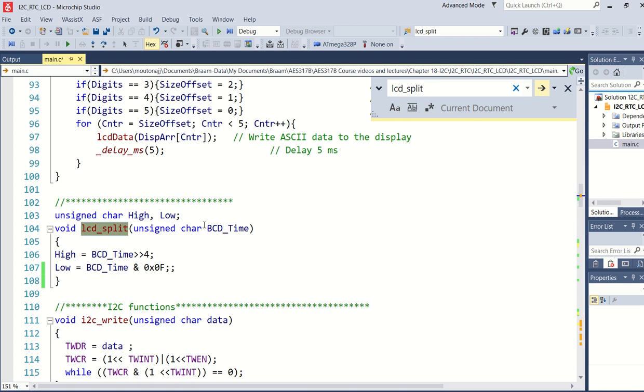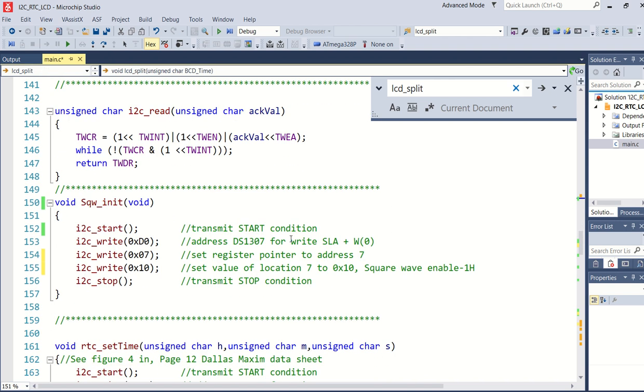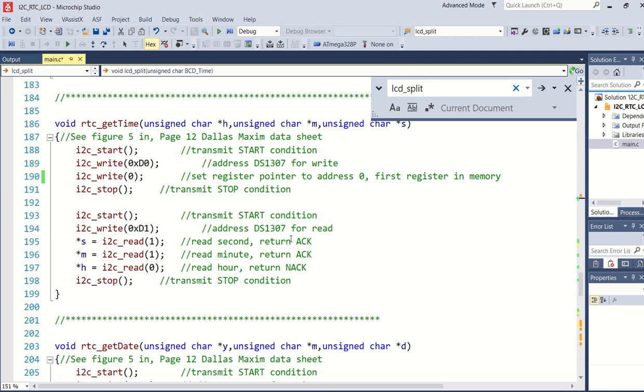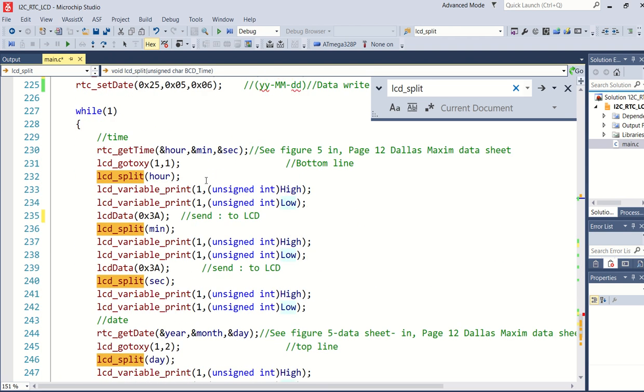So basically, because I've given hour as an argument, because it's BCD time, it's actually hour from the original main program, it will move the nibble to the lower position. So high will actually contain the high hour, and low will then contain the low hour, and that will now be written to my LCD display.